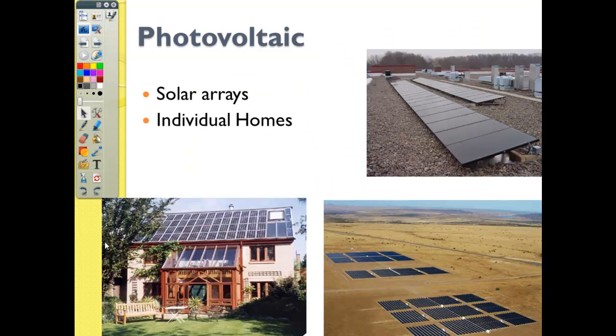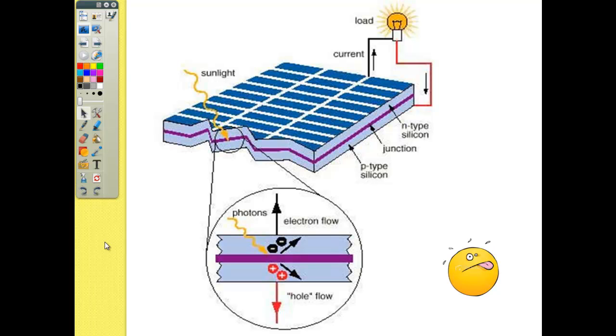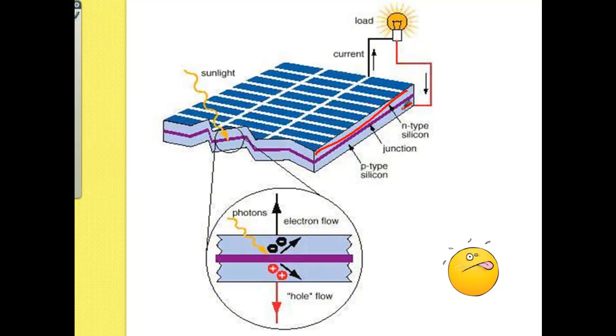All right, second type is photovoltaics. Photovoltaics is where you actually make electricity. This is active solar. And the process is quite simple. Solar panels are made up of silicon. The silicon then has two layers, the N layer, which is the top layer, which you see right here, and then the P layer, which is the lower layer. And then between the two, you have what they call a junction layer, and that's going to become very important. So when sunlight now hits the solar panel, what happens is, if I just take that idea and jump down to this lower circle here,